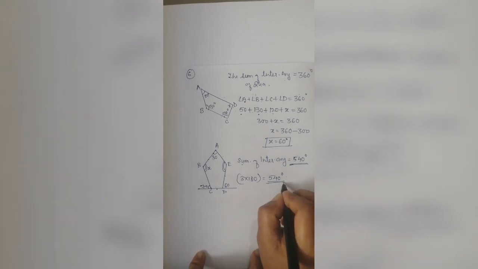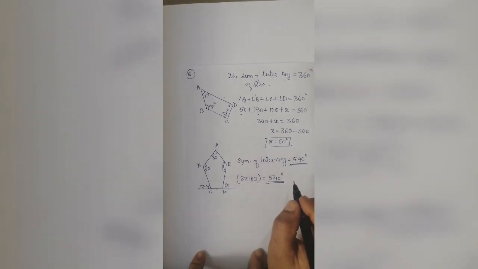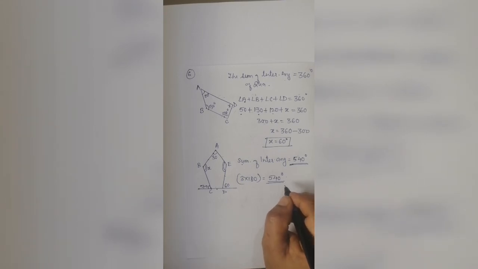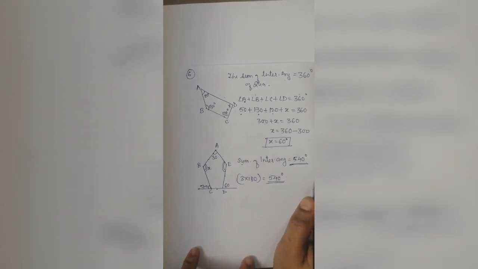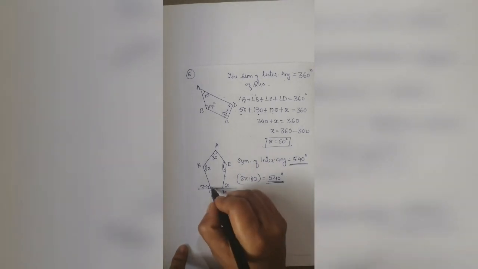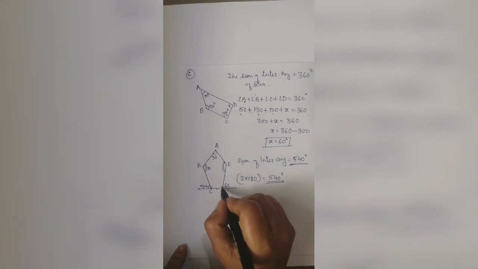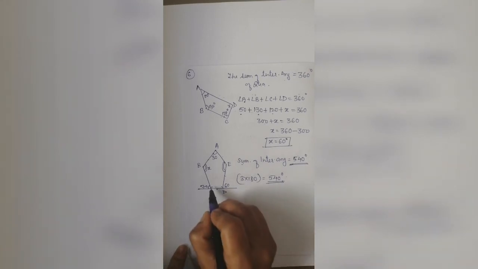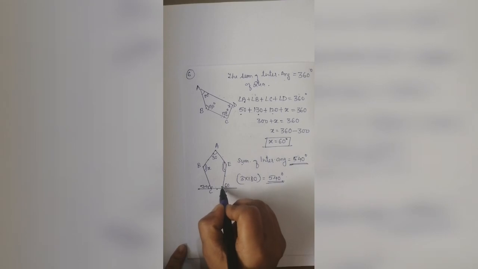And if you know it, that is well and fine. If you learn it, the interior angle sum of the quadrilateral is 360, of the pentagon 540, that will be fine for you. If you are not able to, then you can directly use the formula. Okay, then the interior angle sum is 540. But here this angle and this angle are not given, so first of all, we have to find out this and this angle.